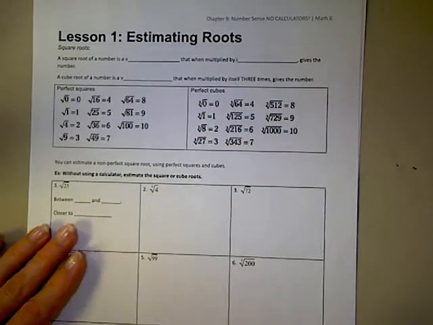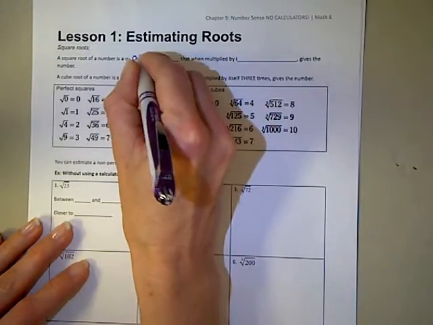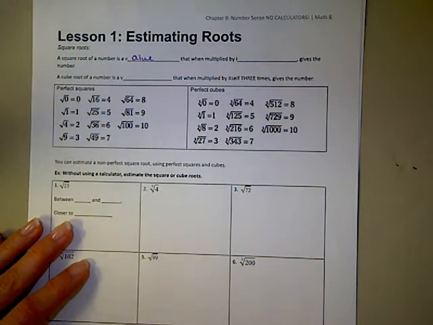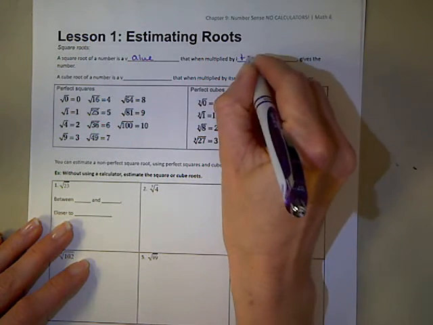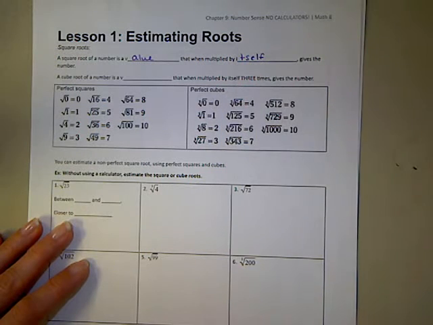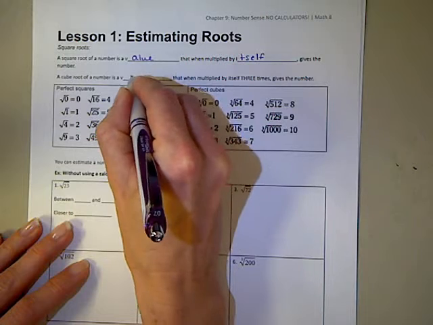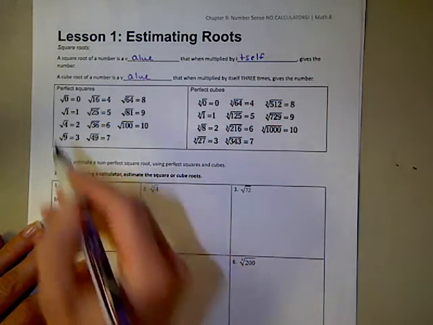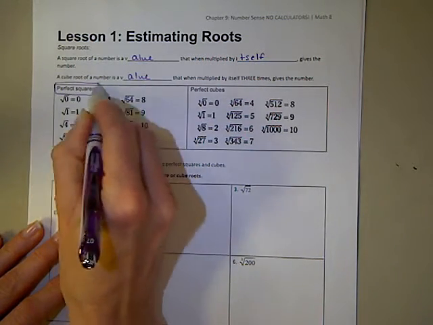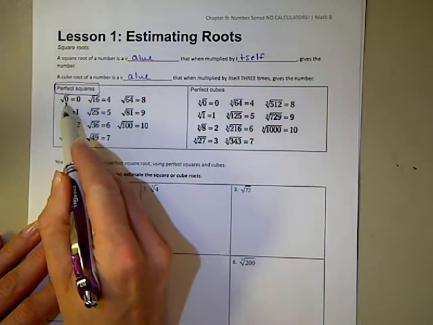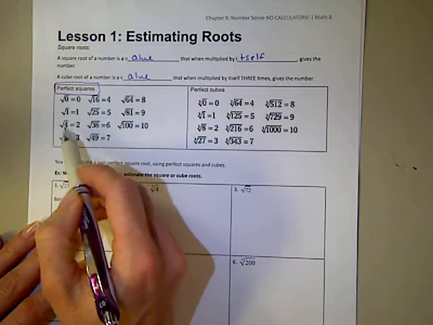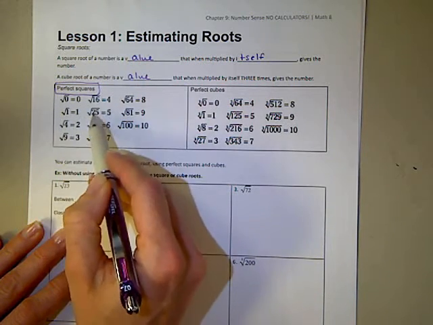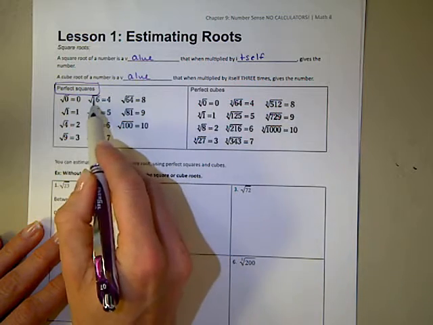A square root is a number value that when multiplied by itself gives the number. And the cube root is a number value that when multiplied by itself 3 times gives the number. In this first box we have a list of all the perfect squares. The square root of 0 is 0, square root of 1 is 1. So 4, 9, 16, 25, these are all perfect squares because when you take the square root of it, you